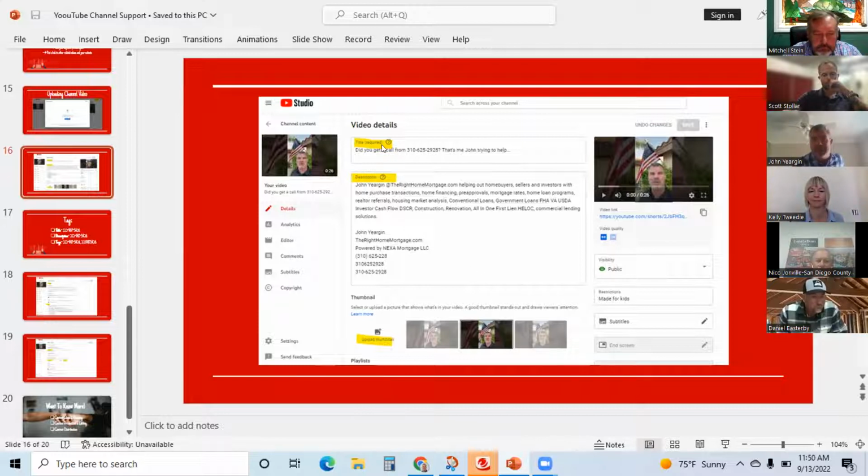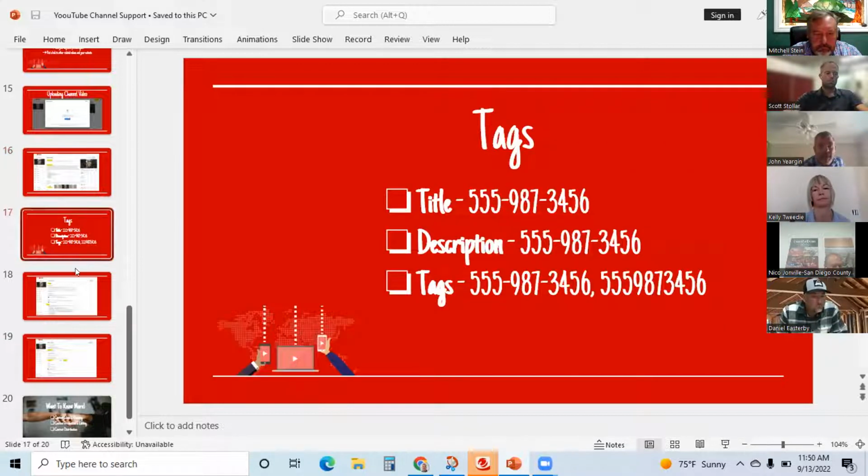But again, titles, descriptions, you can see here, tags. Again, best practices, the phone number multiple ways, okay? We want to know that people search and type in things in different ways. So kind of be thinking of the different ways you can rewrite the same words or phrases, phone numbers, all those type of things, right?